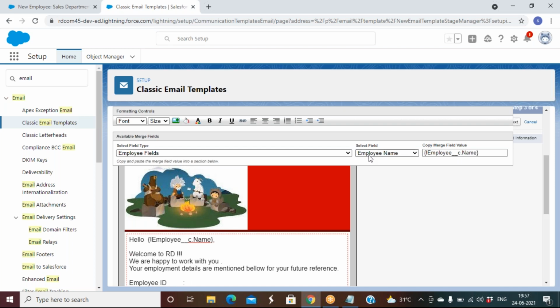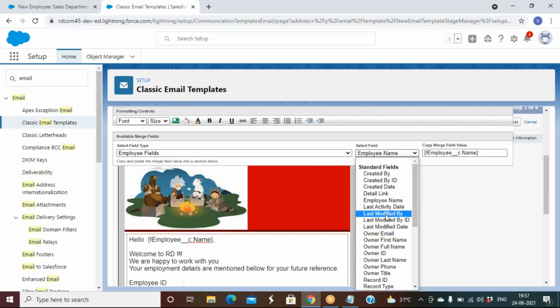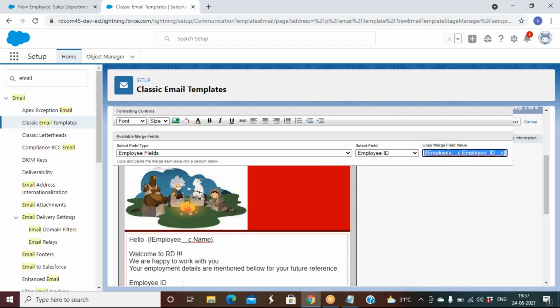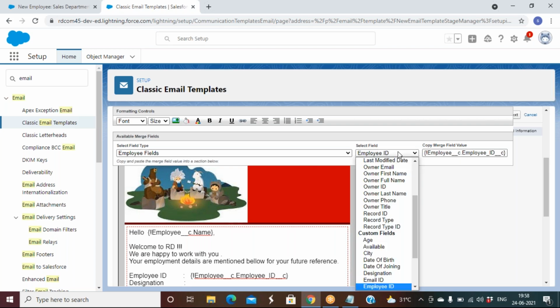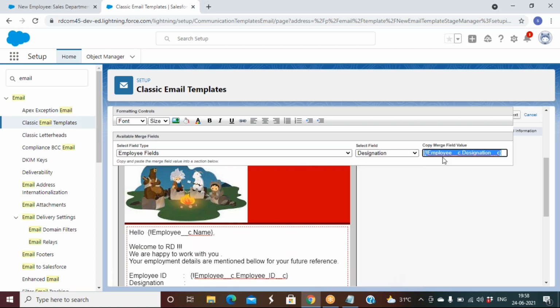Employee ID. So no need to write exactly like this; I am just writing it, and you can write whatever content you prefer.